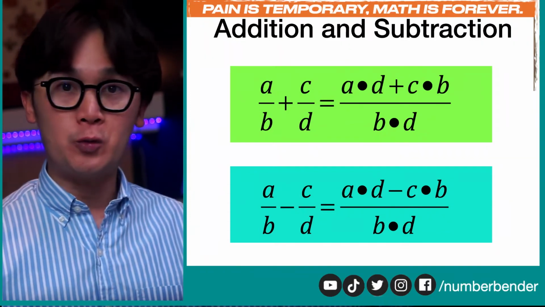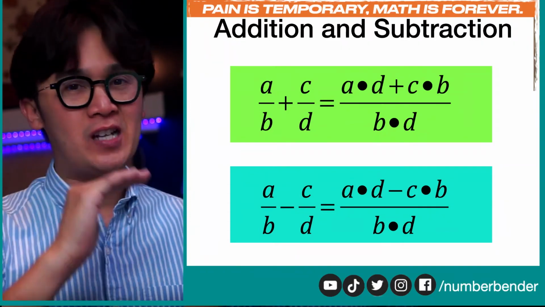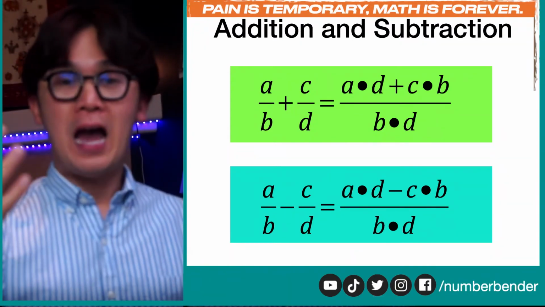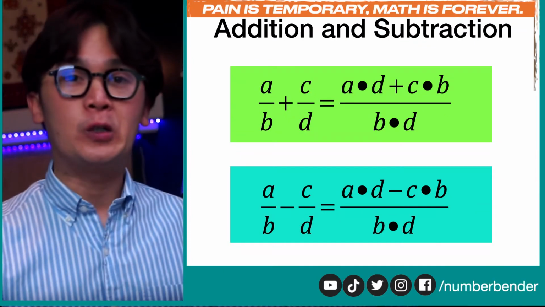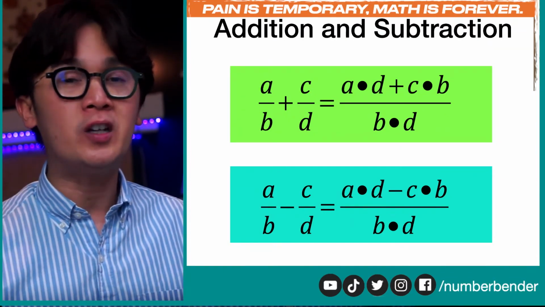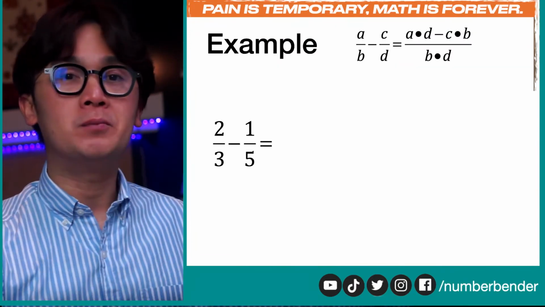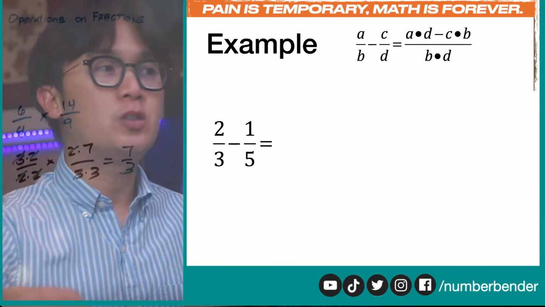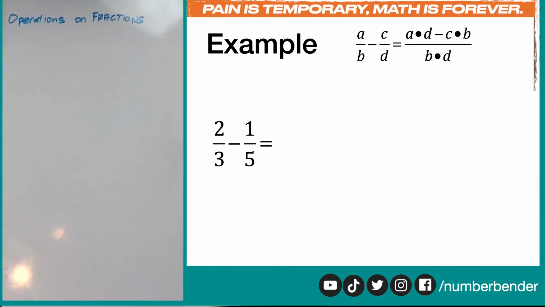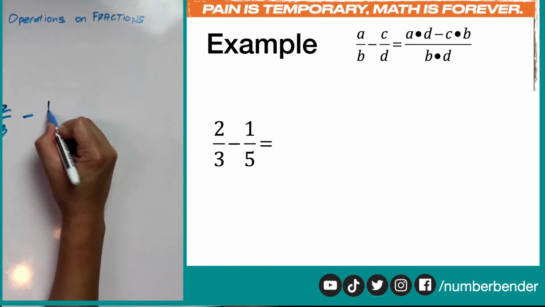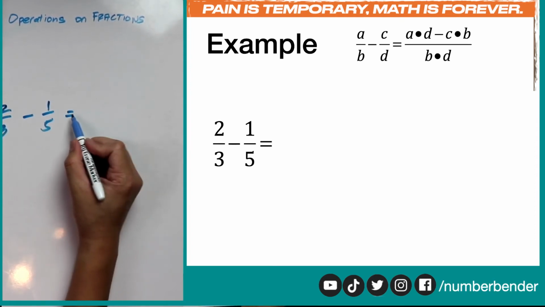So how are we going to use this? Again, there are several ways to add and subtract fractions that we have learned from our teachers before. What we're using is the technique that we use in algebra that will connect to problems similar to what we are dealing with right here. So we have 2 over 3 minus 1 over 5. So using this formula, if I have 2 over 3 minus 1 over 5,